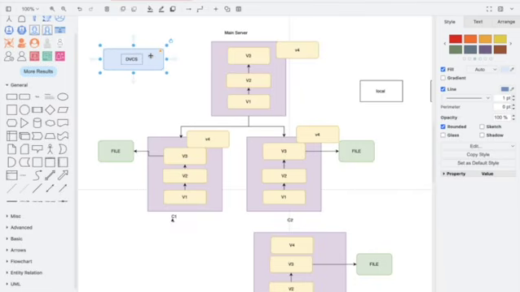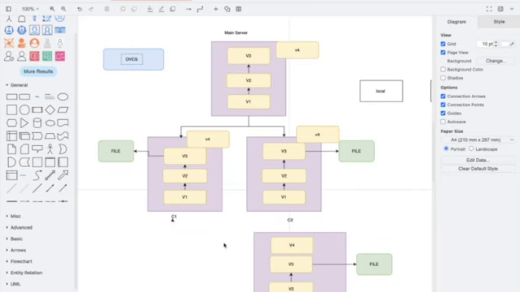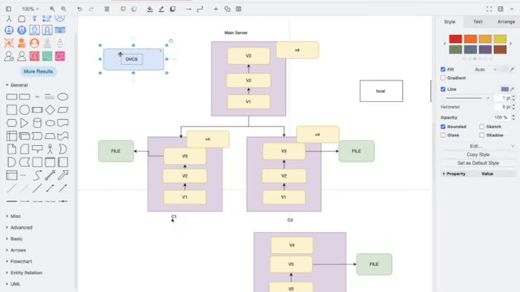Now, when we see DVCS, Git is the example of DVCS, yes or no? Git is the example of DVCS. Here you have something available in GitLab or GitHub, and all of us can create our branch. All of us can pull the changes. Let's say I am making changes and you want to pull them. You can have those changes anytime, right? So this is why it is called DVCS.